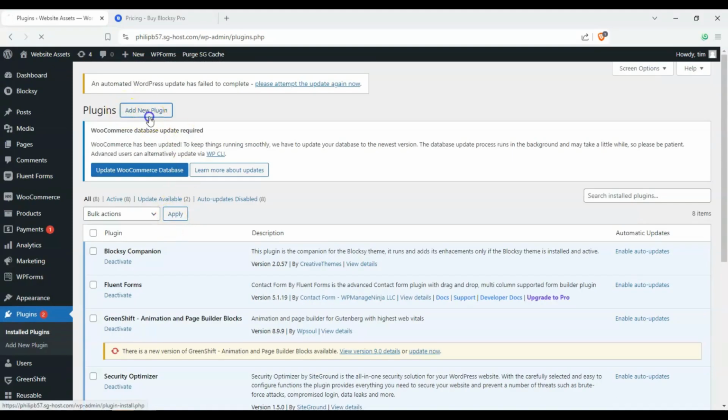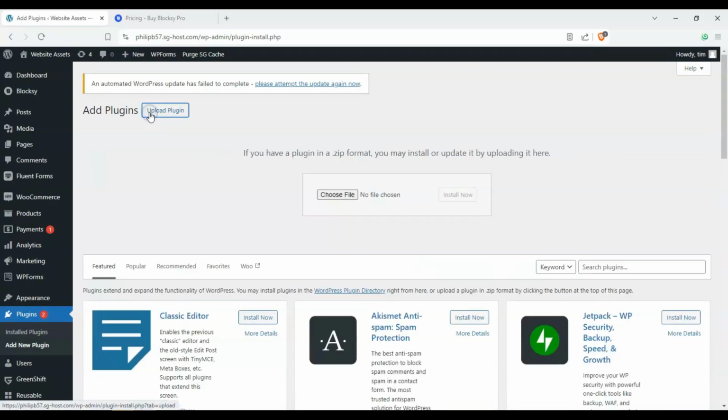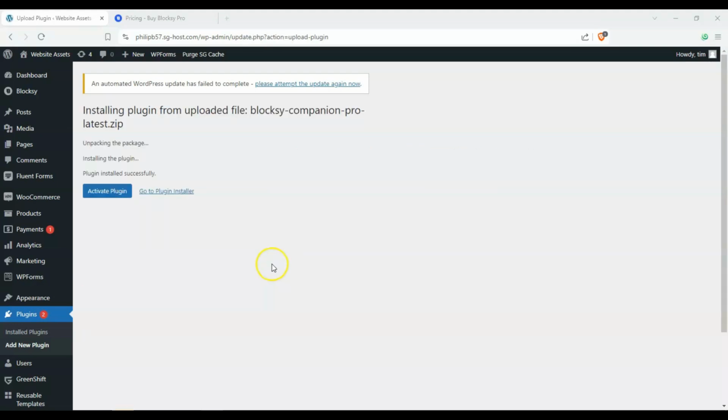Just make sure to click on Add New Plugin and click on Upload Plugin. Now you're going to go in and click on Choose File and select the Blocksy Companion Pro zip archive that you've downloaded from your Blocksy account. Once you've uploaded it, let's go ahead and click on Install Now. Okay, once it's done uploading and installing, click on Activate,